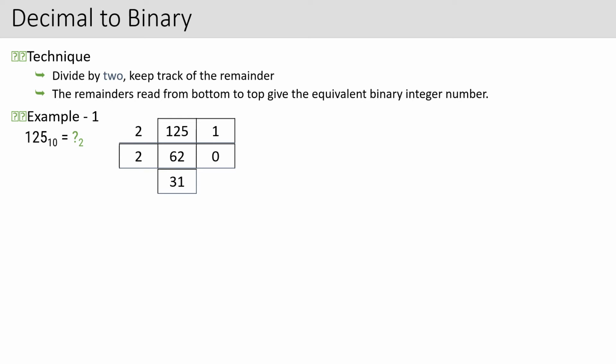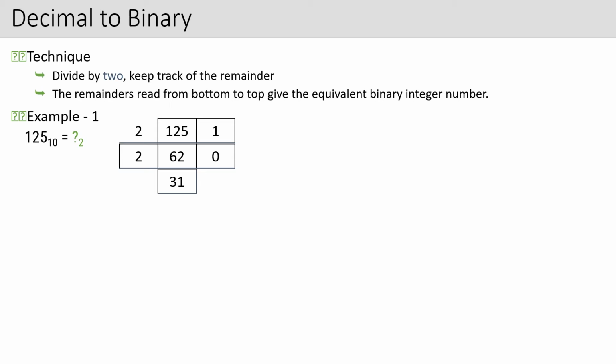I am again repeating. I have the number 125 and I want to convert it into a binary number. So I will start dividing the number by 2. If you divide 125 by 2, that is not an exact division, because it will have a remainder. If you multiply 2 into 62, you get 124. If you subtract 124 from 125, what is the remainder left? 1. So I am writing that remainder here.